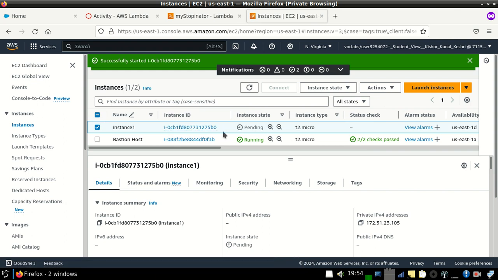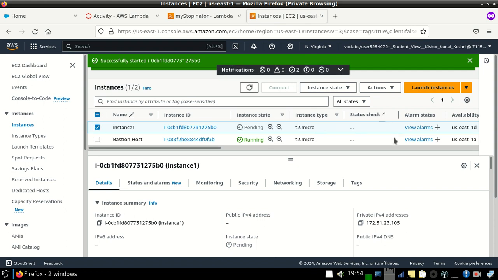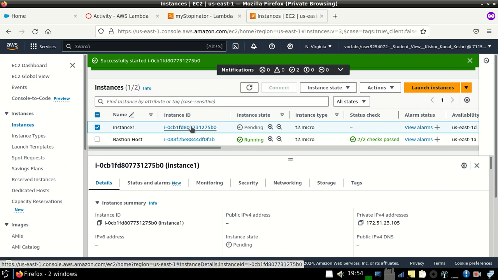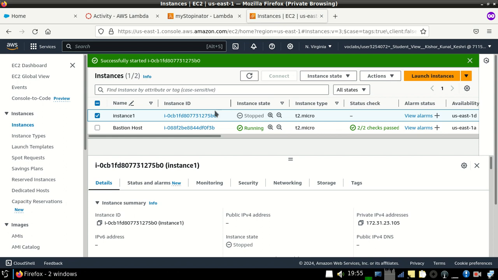It will take some time to start. Wait some time. Look, successfully started. This Instance 1 is successfully started, but due to our code it is stopping the instance again.